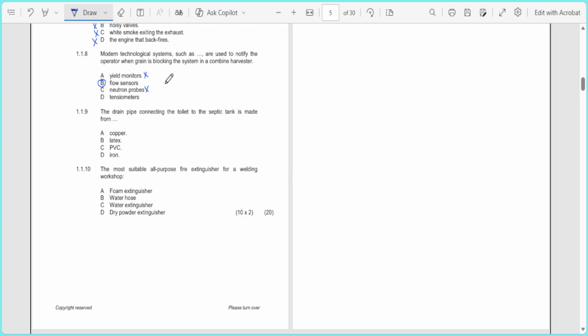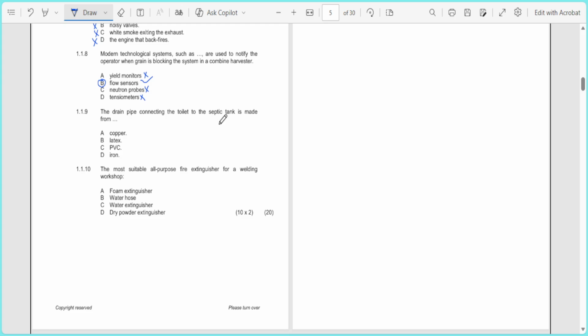D, tensiometers measure soil tension for irrigation. So this one is out. So flow sensors, yes, is the correct one. 1.1.9, the drain pipe connecting the toilet to the septic tank is made from